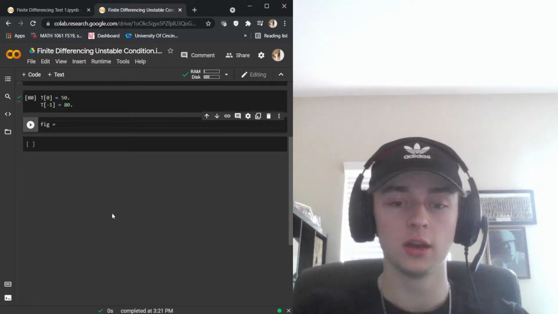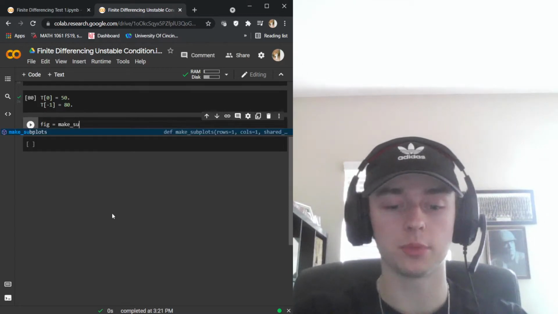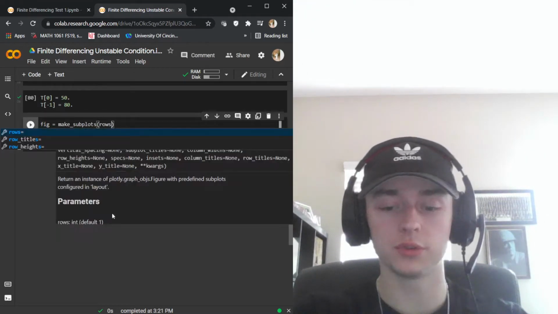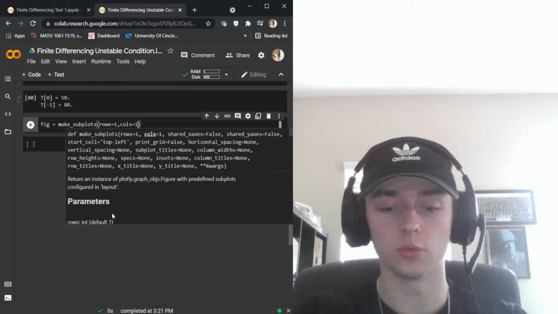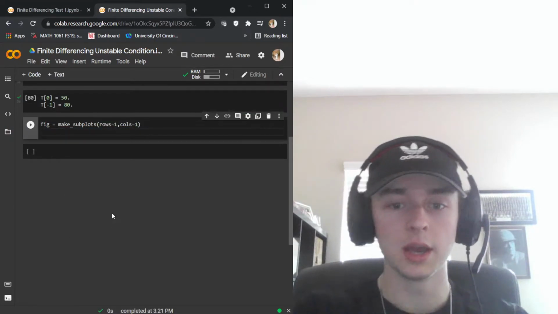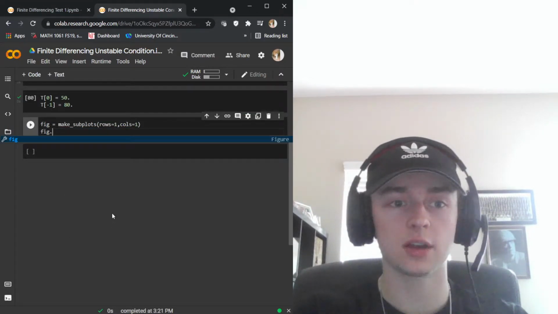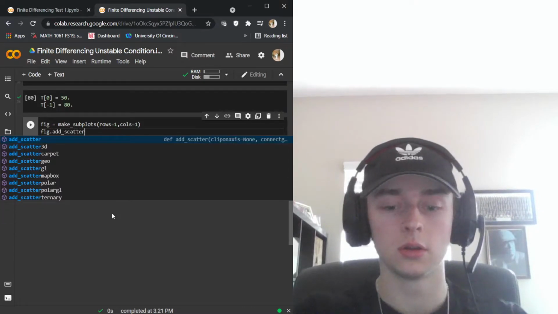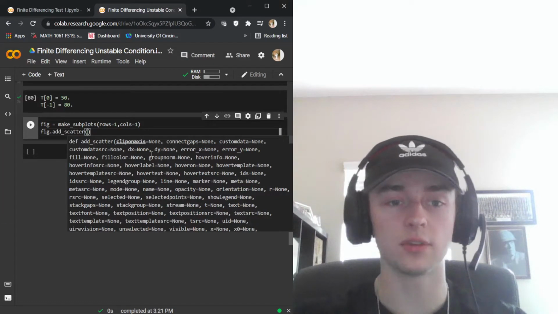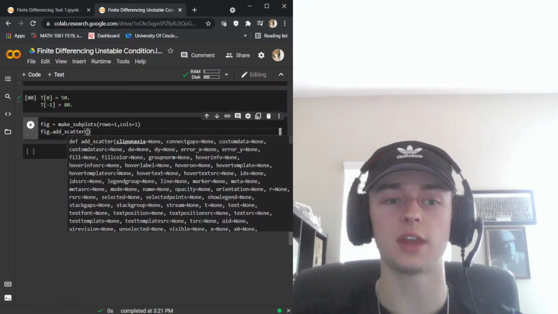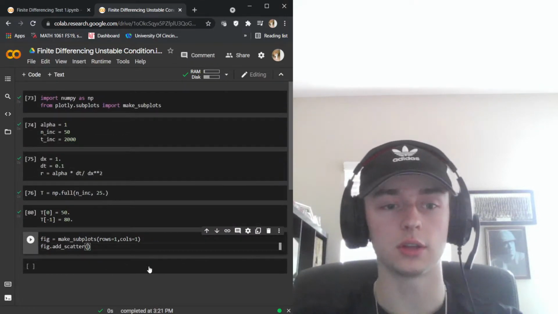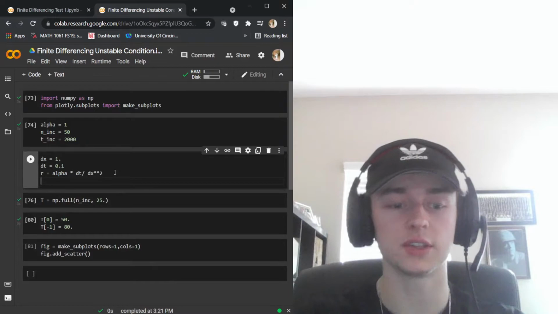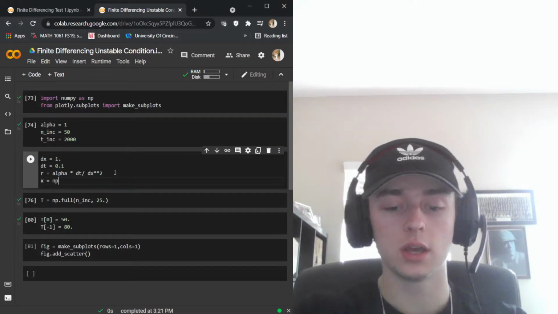But we're going to say that our figure is make_subplots with rows equal to 1 and columns equal to 1. And then we're going to say, okay, let's add a scatter plot. And the first step, since we can't even plug anything in here because we don't have any x variables defined, what we could say is, okay, our x value is,